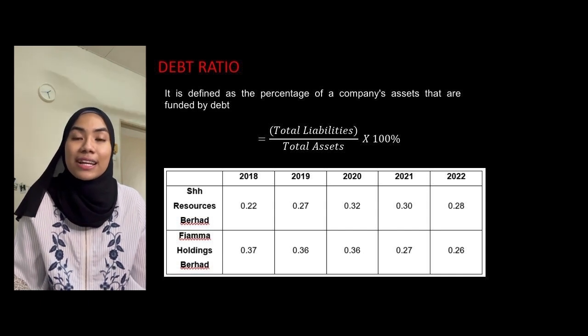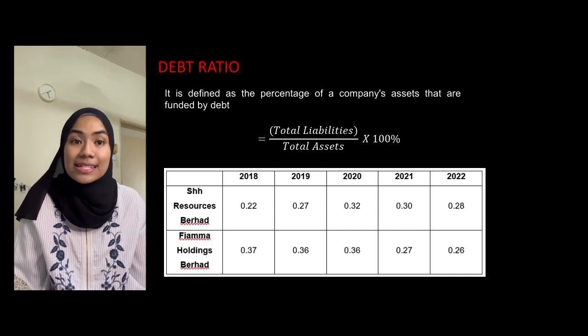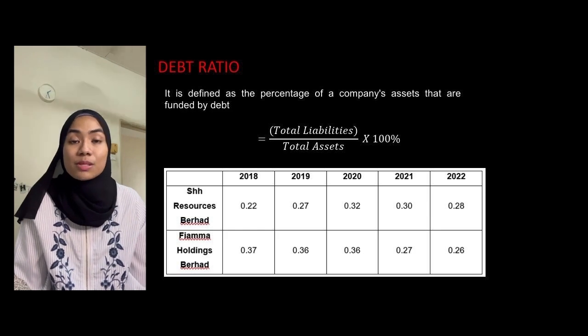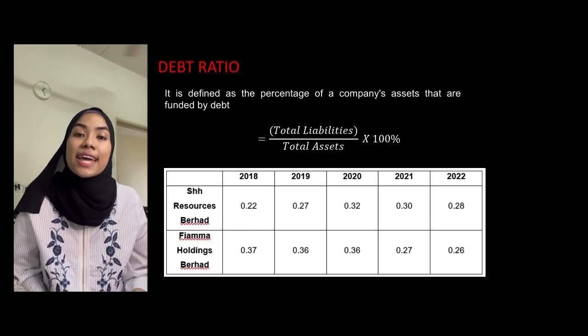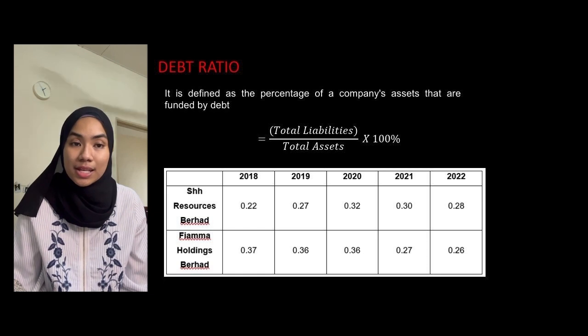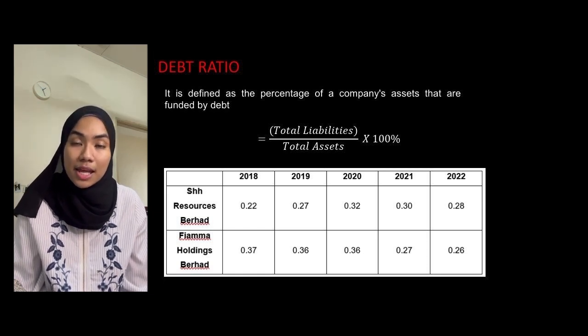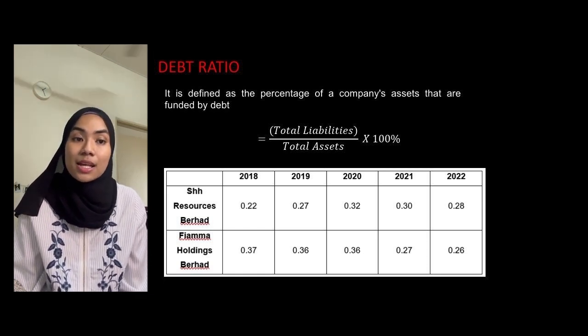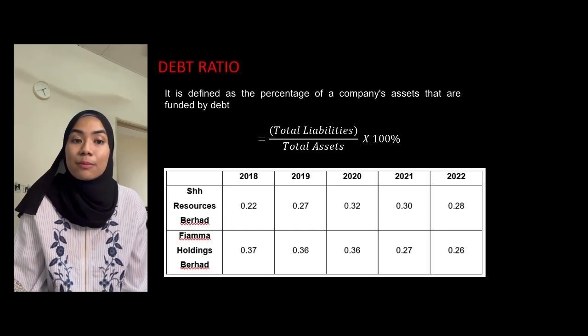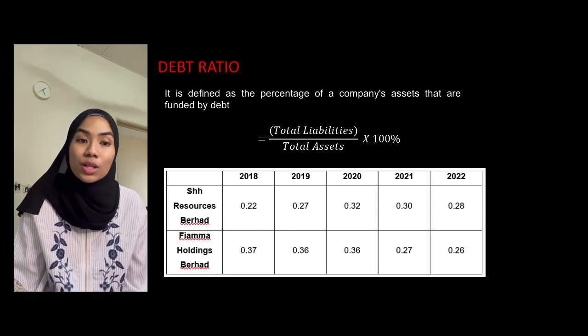Debt ratio can be defined as the percentage of a company's assets that are funded by debt. The formula for debt ratio is total liability divided by total asset times 100%. For SHH Resources Berhad, their debt ratio from 2018 to 2022 is 0.22%, 0.27%, 0.32%, 0.30% to 0.28%. While for Fiamma Holding Berhad, their debt ratio from 2018 to 2022 is